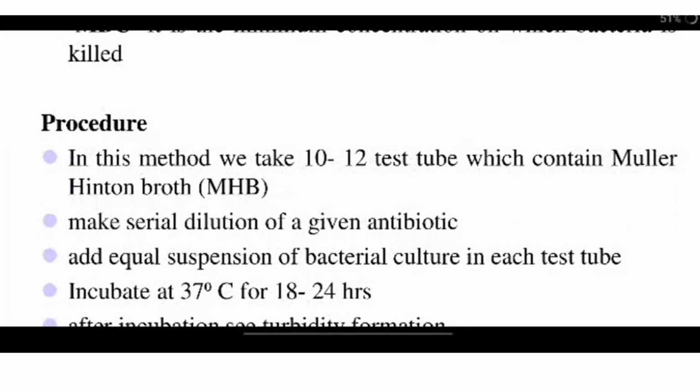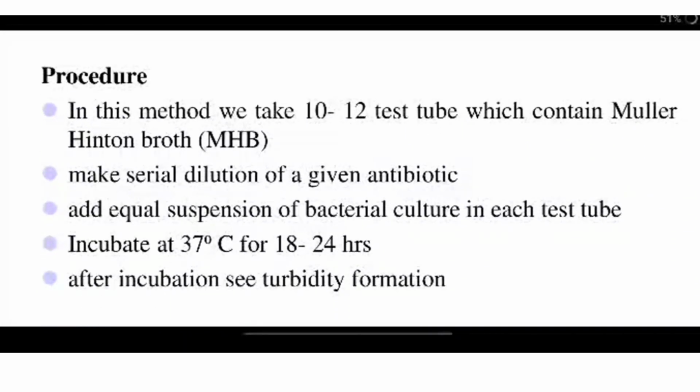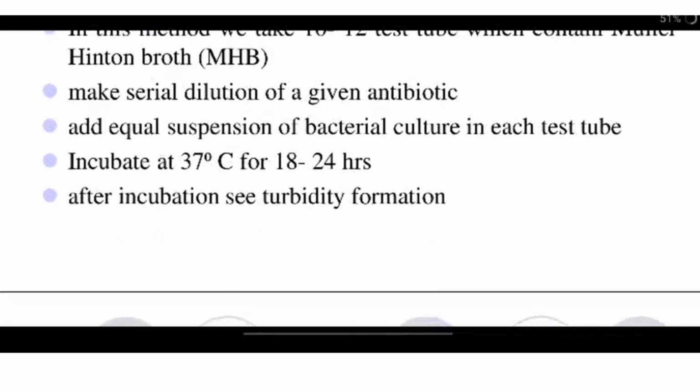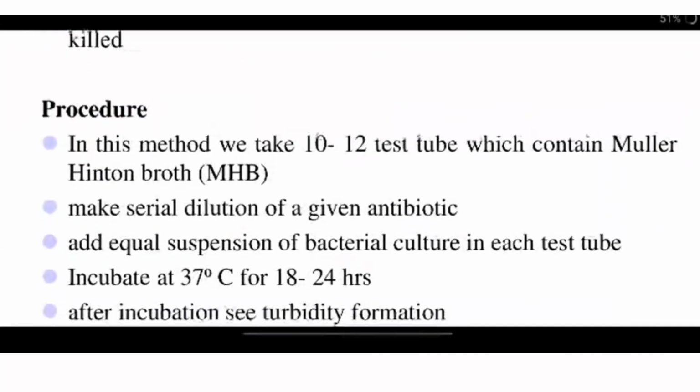In this method, we take 10 to 12 test tubes which contain Mueller-Hinton broth. So we will do the serial dilution of the given antibiotic. For many antibiotics, disc diffusion is not recommended, and we don't have the availability of discs for those antibiotics. So we do the MIC. We will do the serial dilution of the given antibiotic, and after that we will